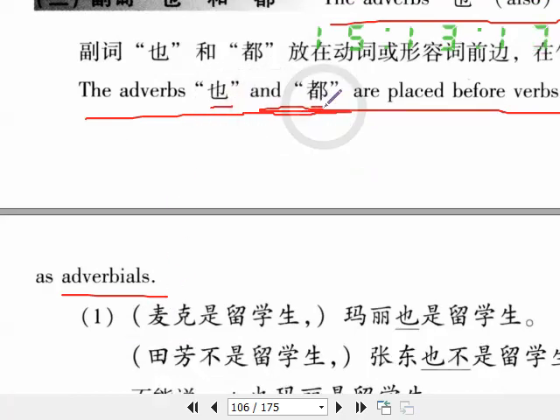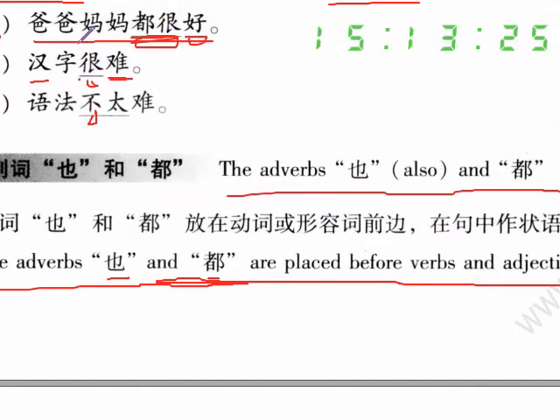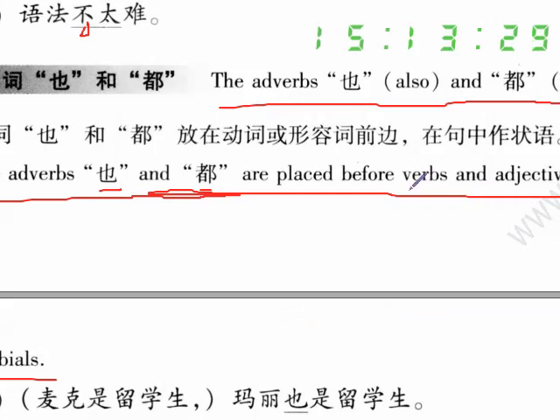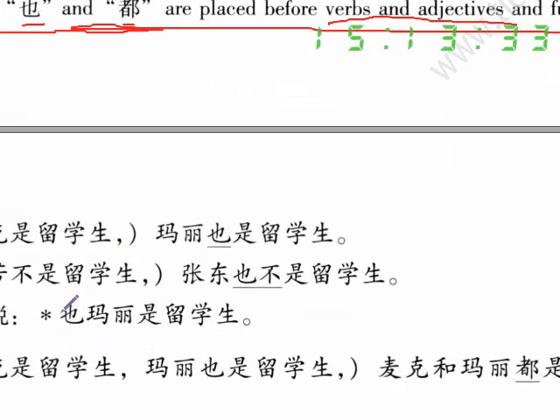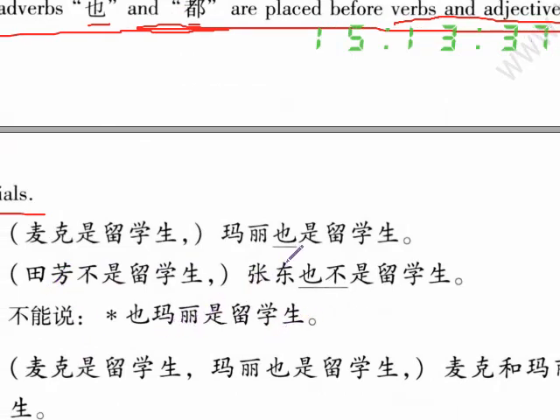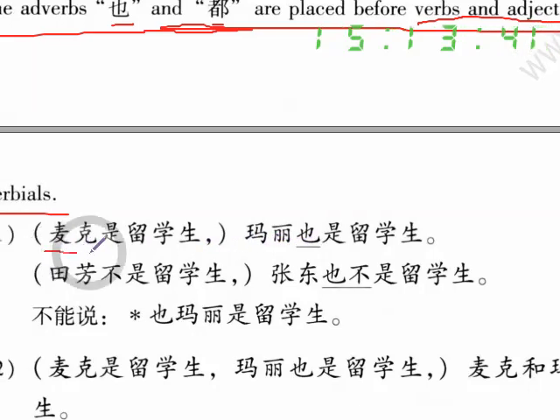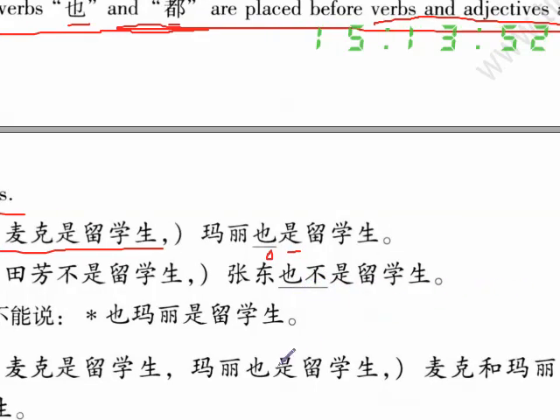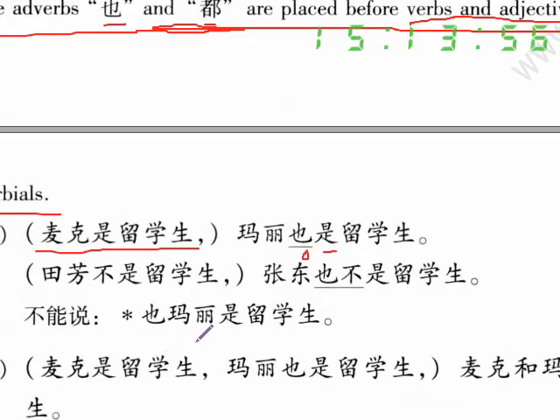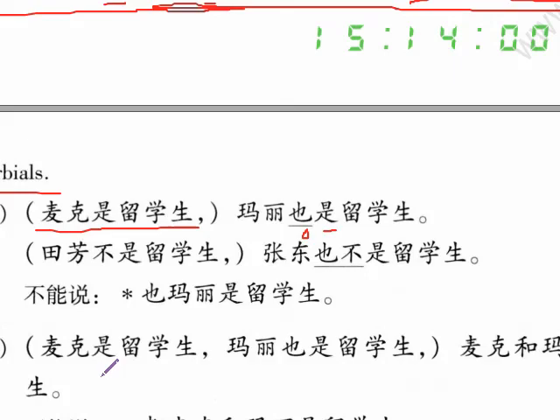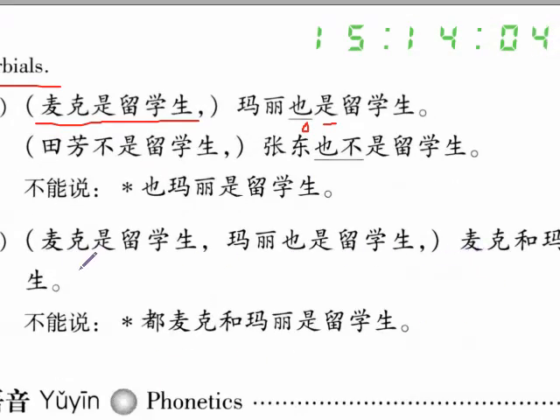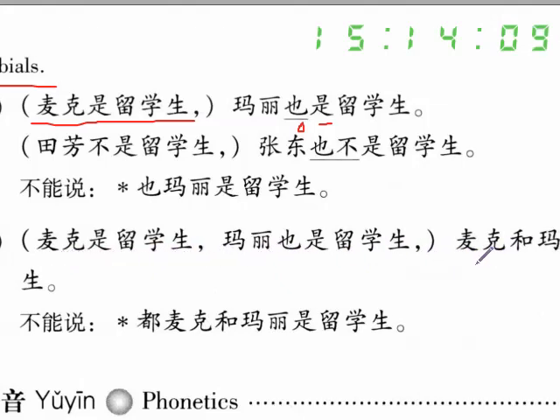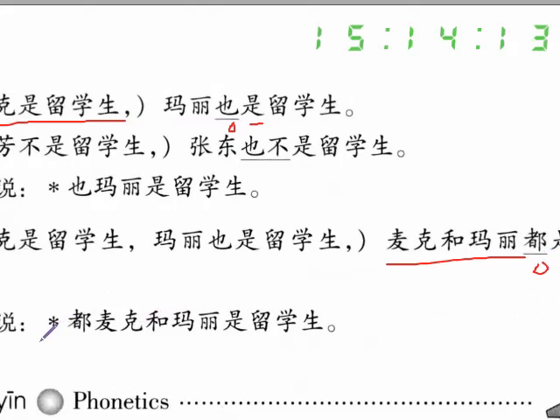So here 也都 with adjectives, here's with verbs or adjectives. They are still called adverbials. 玛丽，麦克是留学生，玛丽也是留学生。张东也不是留学生。麦克是留学生，玛丽也是留学生。麦克和玛丽都是留学生。